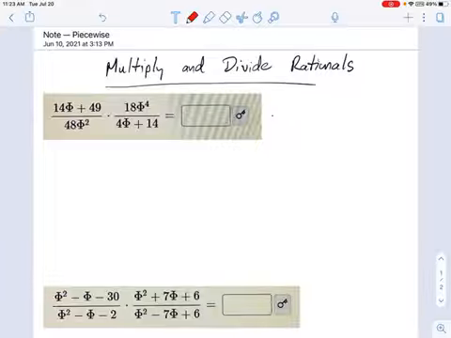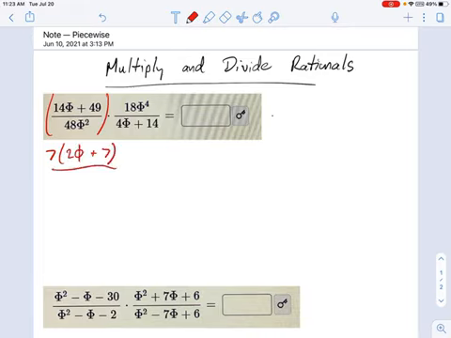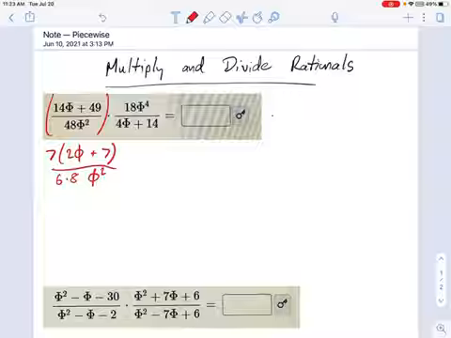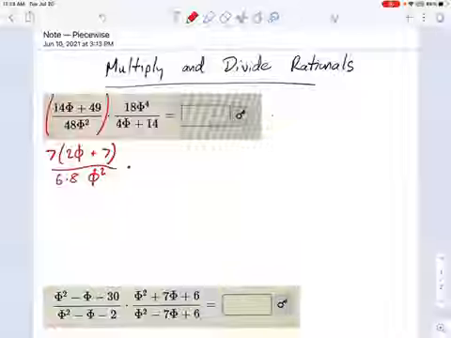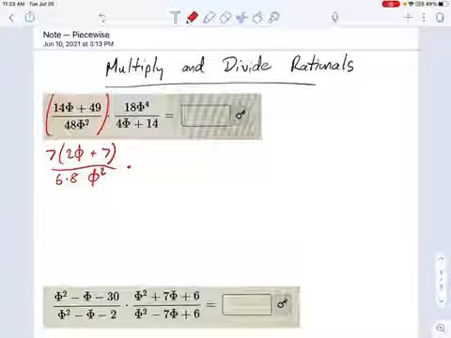And I'm going to start with this one on the left here. So that is a greatest common factor that I see of 7, and what's left behind is 2 times phi plus 7. And on the bottom, well, 48, remember we can always produce factor trees. So maybe it would be helpful to just say something like 6 times 8. Okay, we'll come back to that one. And then phi squared, you just leave as phi squared. And that's multiplied against 18 phi to the 4th.